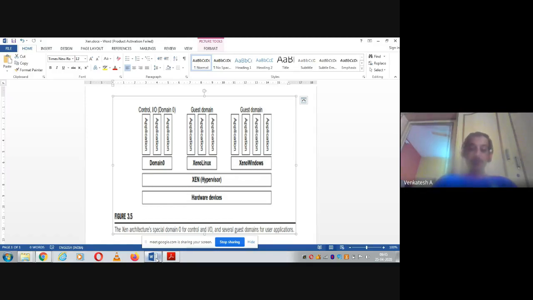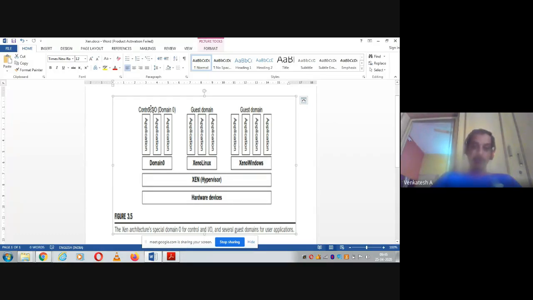Okay, so then after that you can see we have created virtual machines 1, 2 and 3. Upon one we have installed one operating system, a guest operating system, and we are calling that guest as domain 0. And after that, two more guest operating systems we have installed. One is Linux and another one is Windows. So we are calling it Zen Linux and Zen Windows. Actually, some Linux operating system and some Windows operating system. And you can see here on the top, upon domain 0 we have 3 applications. Upon Linux, we have 3, and upon Windows, we have 4 applications.